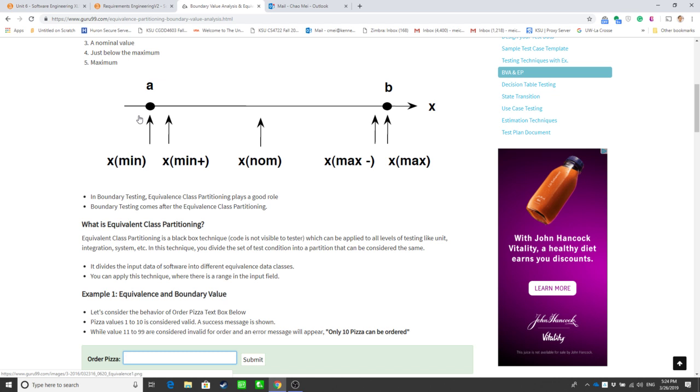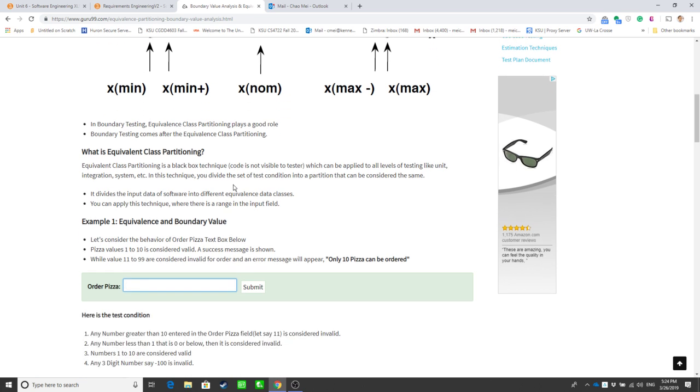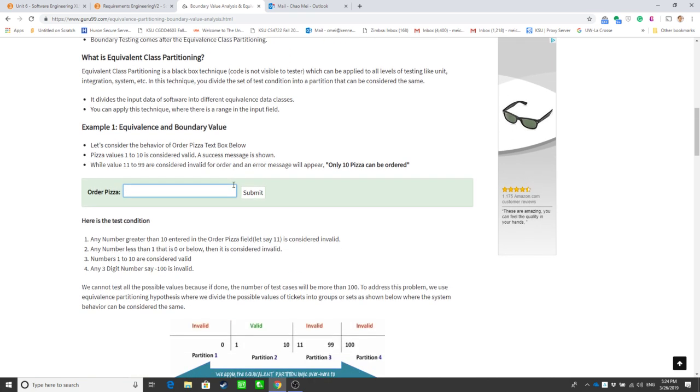But we cannot test every possible value. It's impossible, because there can be a whole lot of values, an infinite number of values. So therefore, what we do is we take a normal value and we take 3 values from each boundary, below and above. Okay, so try to make the test cases. That's usually what we do in